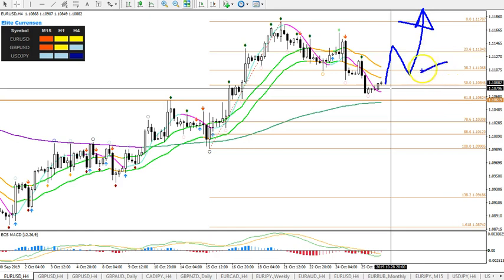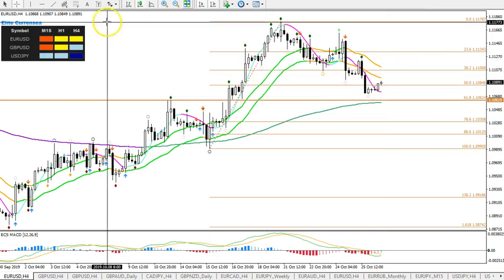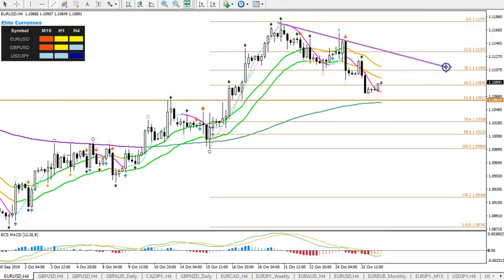Okay, specifically the pullback and continuation is what I would be trying to trade myself. Not so much the breakouts, because I don't think the break will go too far. The 21 EMAs are bearish, so that means the price pokes through them. There's a high chance that there will be retracement first before the breakout will continue higher. That's why I'd rather look for the pullback and continuation. All right, trend line, of course, like this. Good to keep an eye on that, because that's where price might stop if it makes the break above the